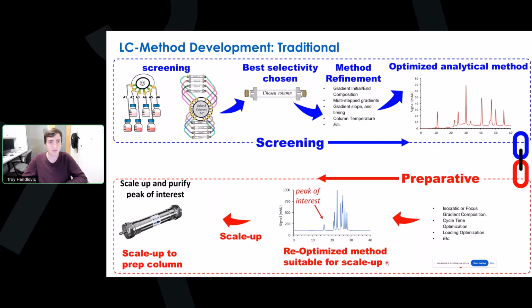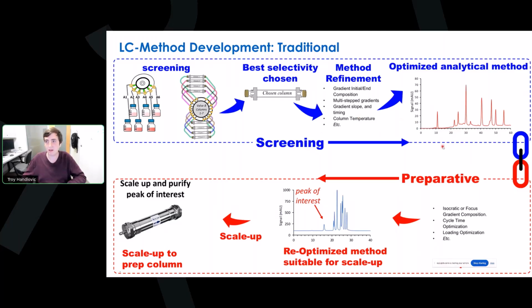When our samples are submitted, they automatically go through a screening protocol, which is typically multi-tiered with 16 columns in tier 1, and multiple mobile phases or modifiers. After this automated screening protocol, we look through the data and choose the column and mobile phase combination that provides the most suitable chromatogram. So this is our initial starting point. It's all gradient screening on a standard 5 to 95% gradient for reverse phase. And then from there, we do method refinement, adjusting the gradient settings, column temperature, etc., until we end up with